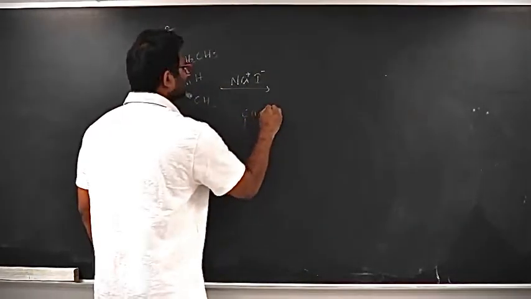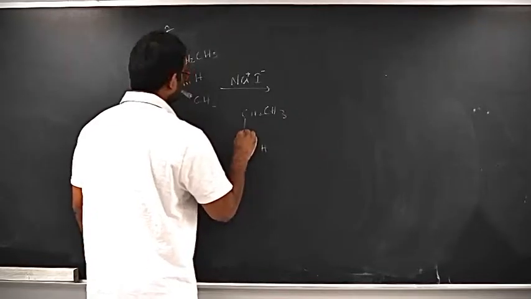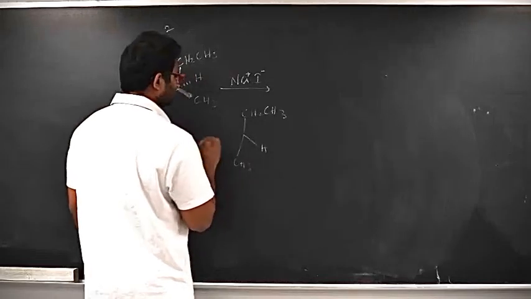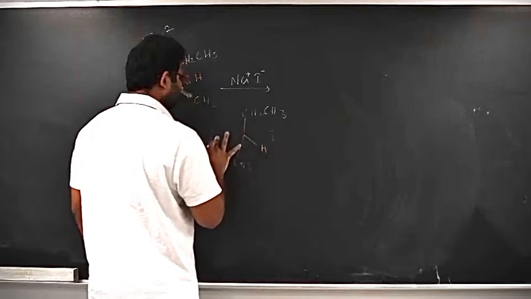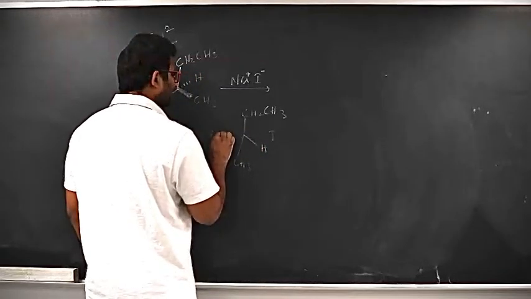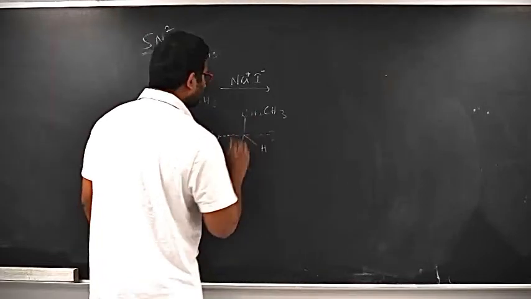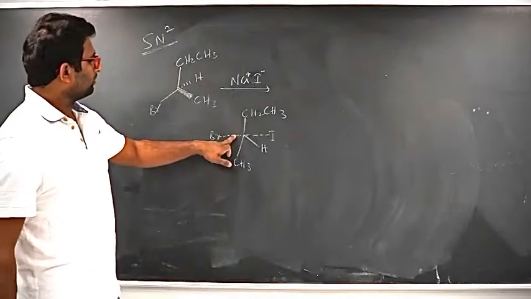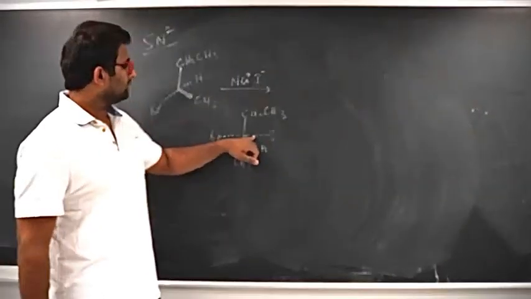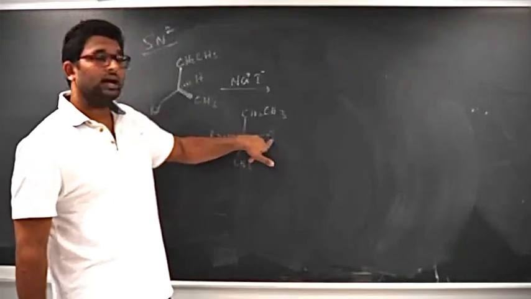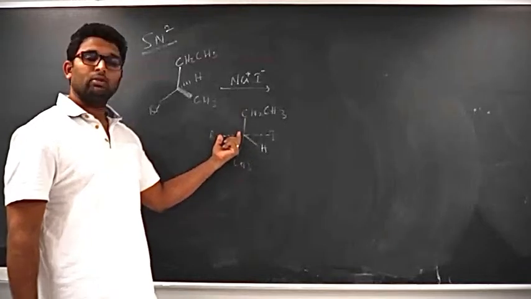CH2, CH3, hydrogen, CH3. There is bromine and iodine. So here, as I said before, the dotted lines represent incomplete bonds. The bond between carbon and iodine is formation of a new bond, and the bond between carbon and bromine is breaking of the